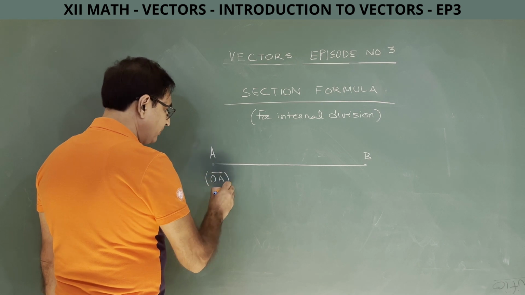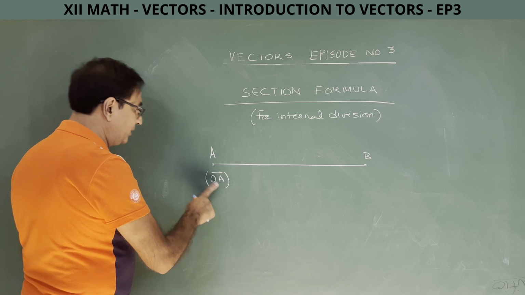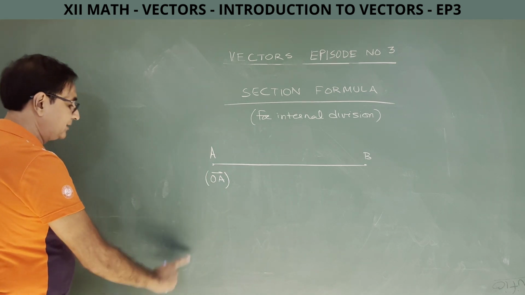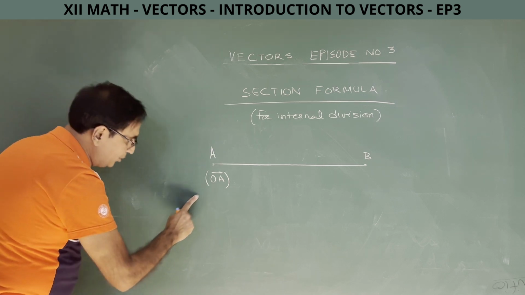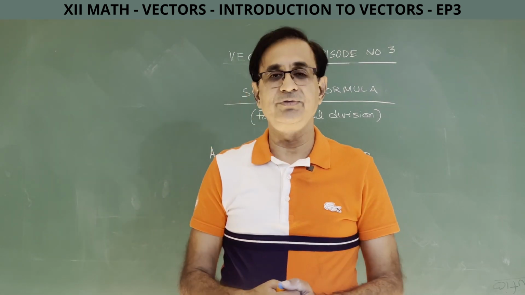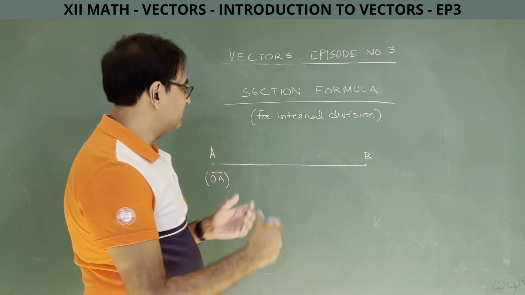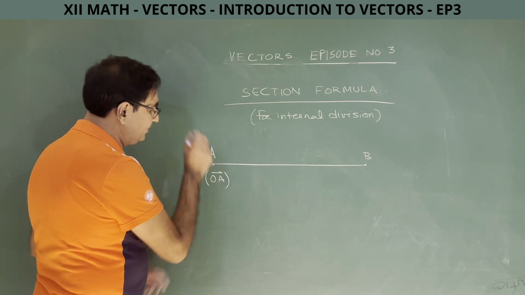This also I told you, because if I physically want to write OA or show OA, I will have to draw x axis, y axis, z axis, mark the origin, take a scale, join origin with A, put an arrow towards A, and then physically I will see vector OA. We do not do so much hard work, so much drawing. So, position vectors of points are represented below the point in a round bracket by the symbol we want